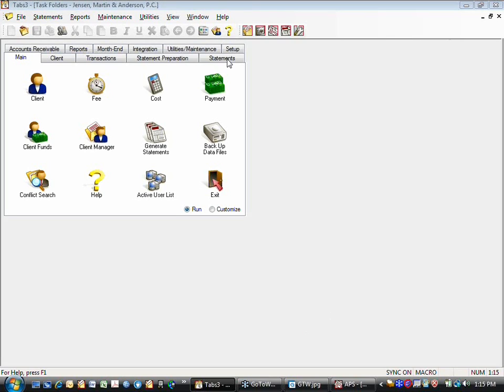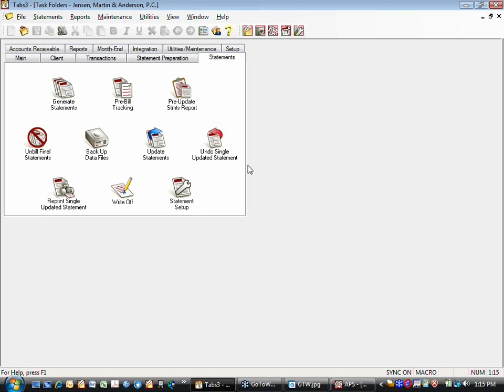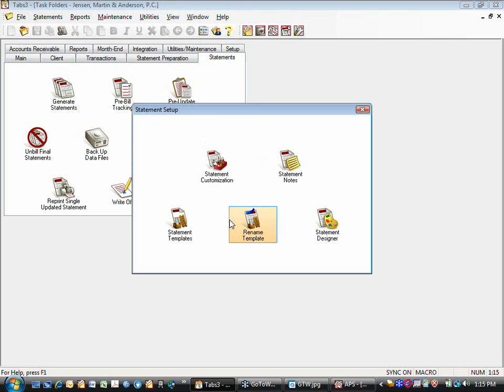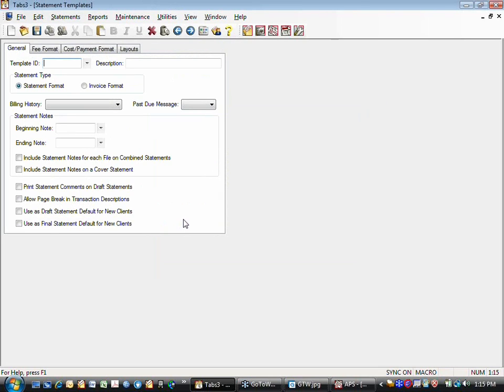So I'm going to come into the Statement tab, Statement Setup. And then the first thing I'm going to show you is how to add or delete or change a statement note. The statement notes live under the statement template. If you come under Statement Template and we choose a template,